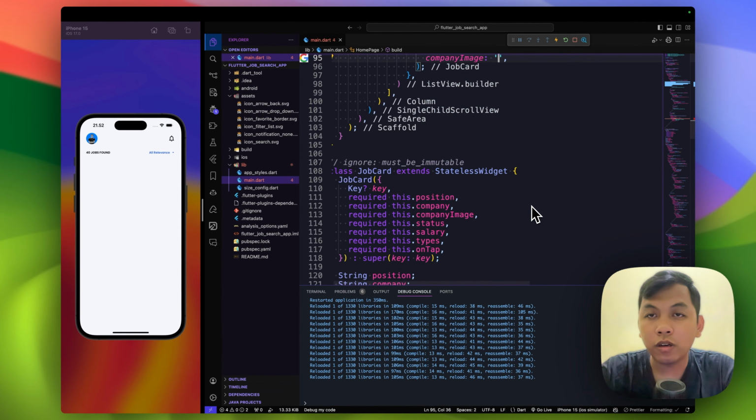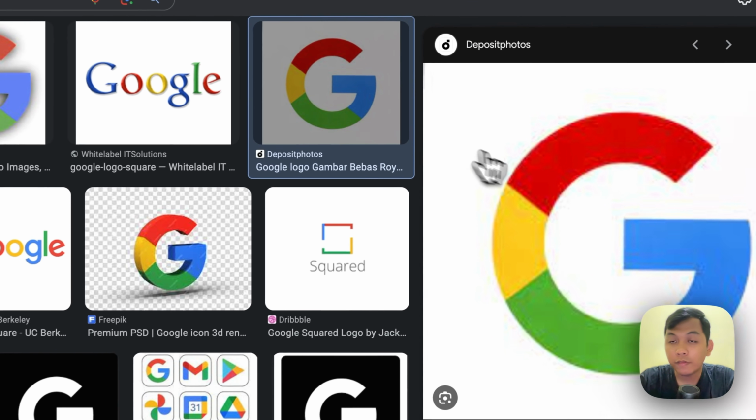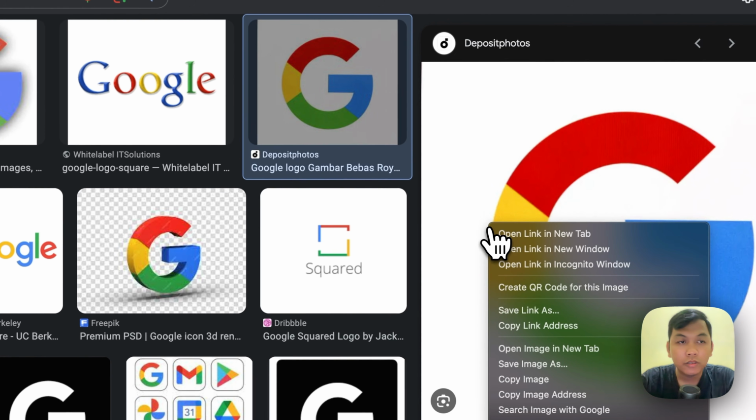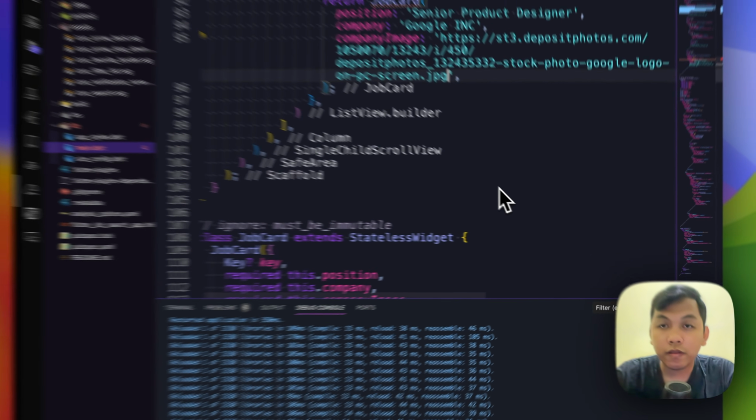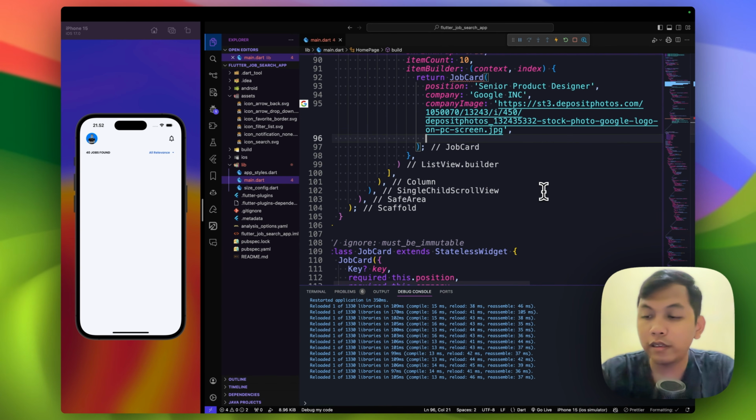Wow, it's too long, so let's find another image. So I think this, all right, it's better. And status, we can set it to be applied,